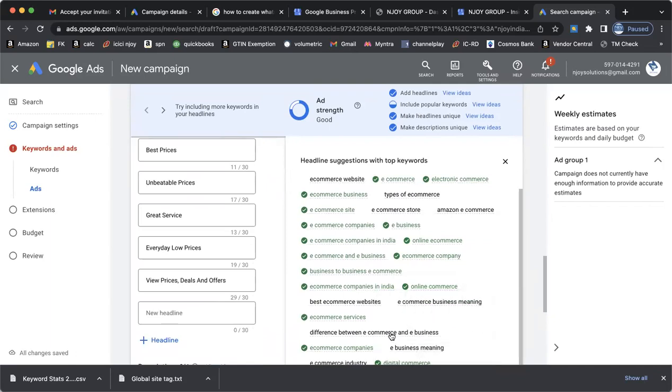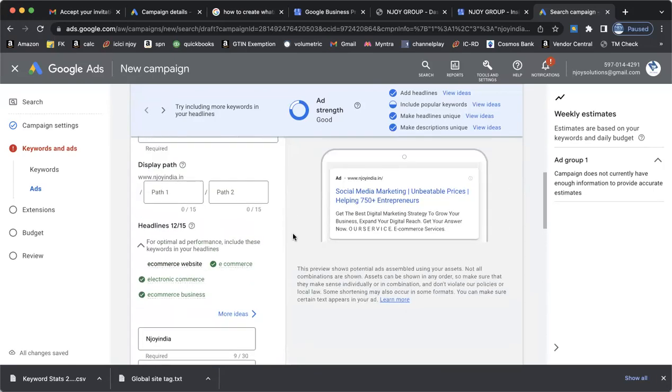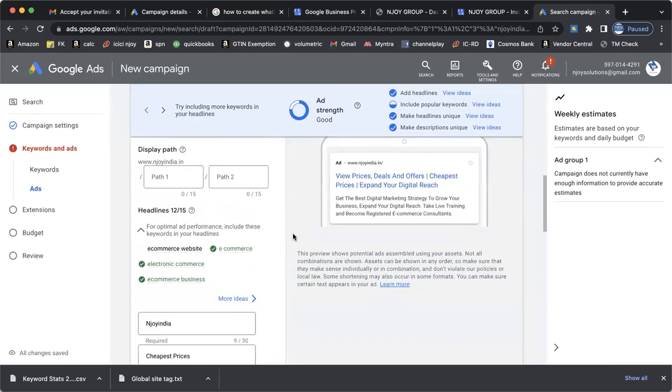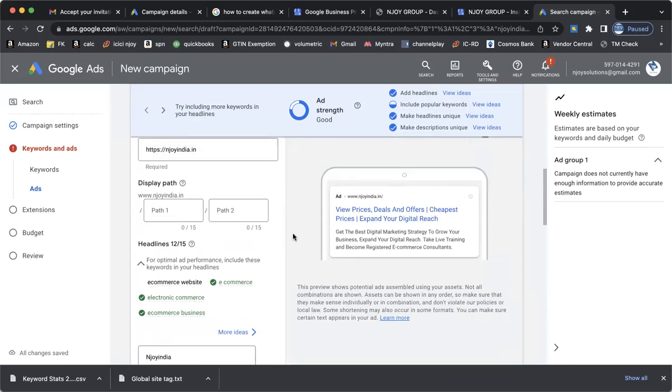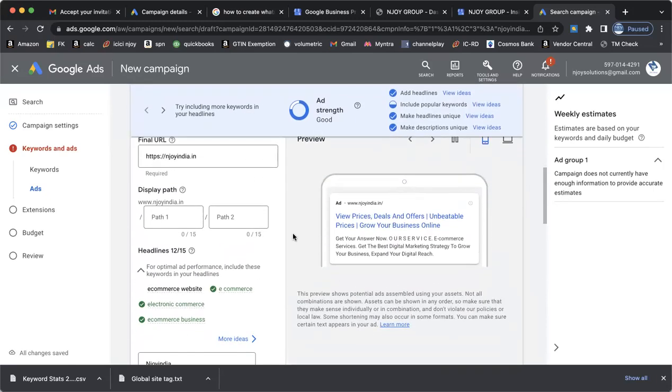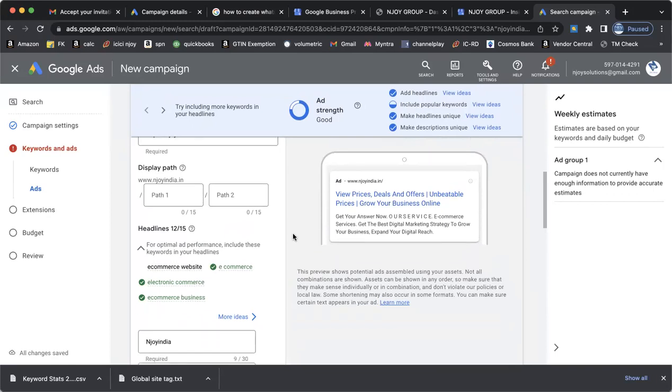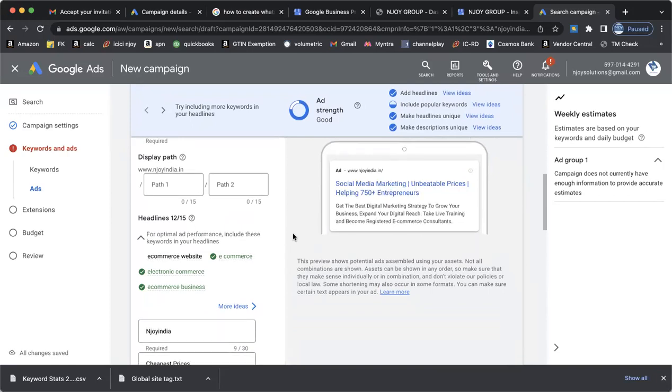Okay, so try to make it in a kind of sentences पे लेके आइए. In particular headlines आप जो left hand side पे देख रहे हैं ना, so you can bring the headlines in particular sentences, that could also be helpful to you. और यहाँ पे characters की limitations है. हेडलाइंस आपको 30 कैरेक्टर्स लिमिटेशन है और डिस्क्रिप्शन 90 कैरेक्टर्स लिमिटेशन है. ठीक है, यस,